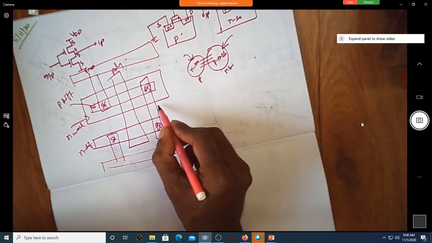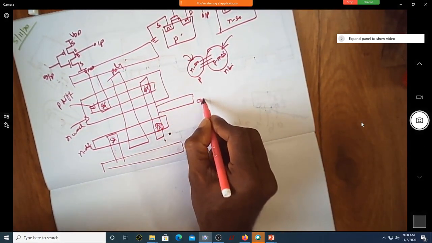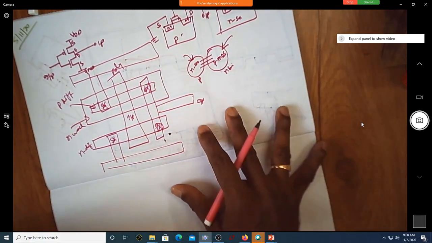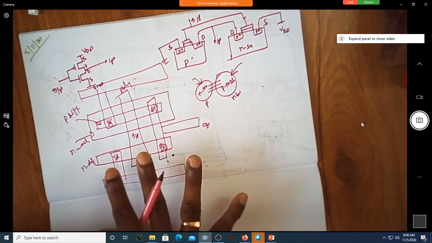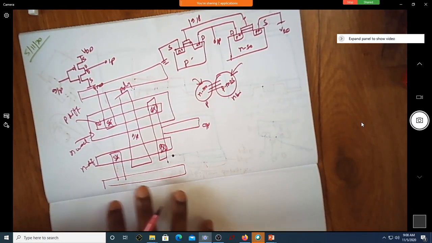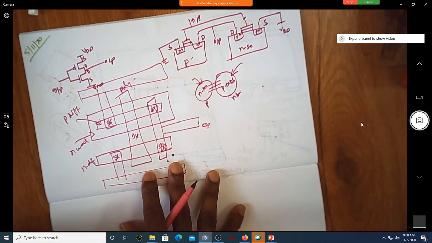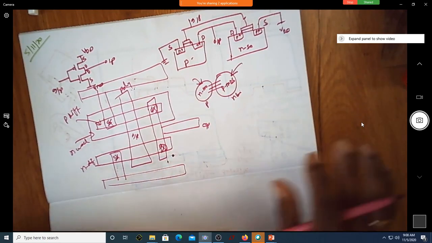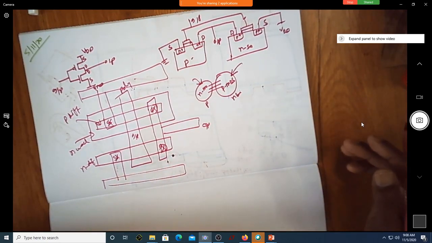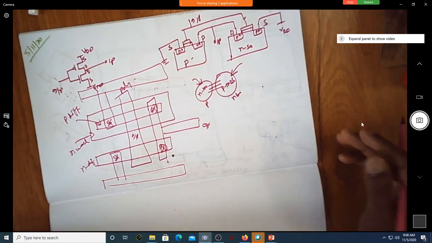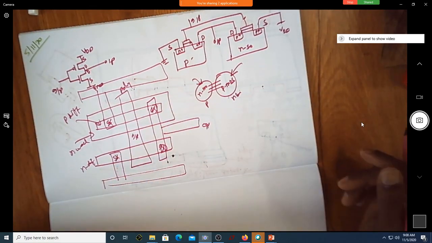Which was the output point? This is your output point. This is input. Correct? Yes, sir. This is what we call the layout, or mask. Layout is nothing but the mask of a transistor. There are different masks that are required to realize a MOSFET. So can you identify how many masks are required here?